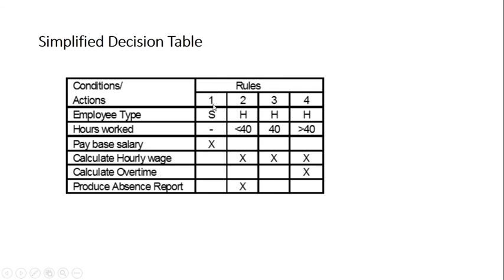I took the first rule as salaried, right? And since salary does not have any impact on the number of hours, I left it blank, because you have to simply give the basic pay. Either leave this blank or we represent it with the I, capital I. Capital I means don't care condition. Don't care condition means it does not have any impact. Number of hours will not have any impact on the calculation of the salary. So either leave it blank or write it as I, which represents a don't care condition, and simply you will be paying a basic salary, right?